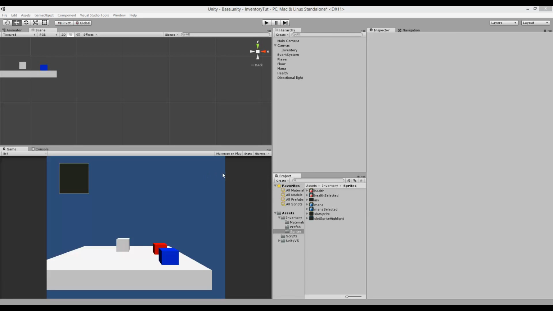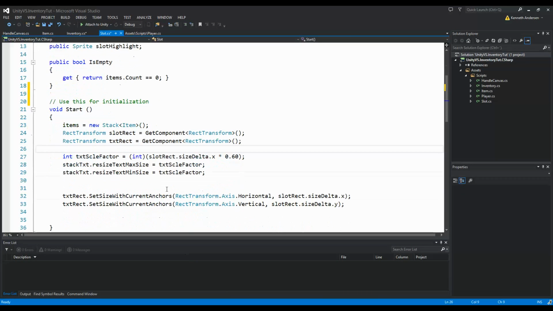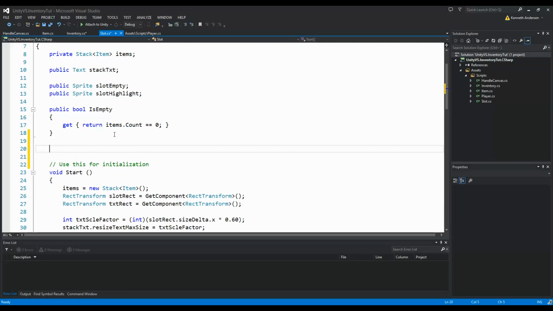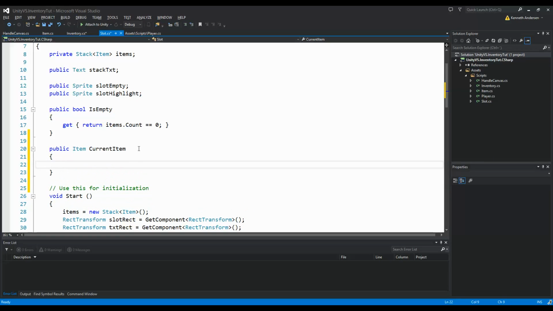So let's jump back into our script so that we can add the stacked functionality. And the script that we need to look at is the slot script, because before we start playing around with the inventory script again, I want to add a couple of properties that make our life easier when we have to check if an item can stack upon itself. So let's make a public item property called current item, and this basically just returns the type of item that we have on our slot right now. So get, and then it's going to return